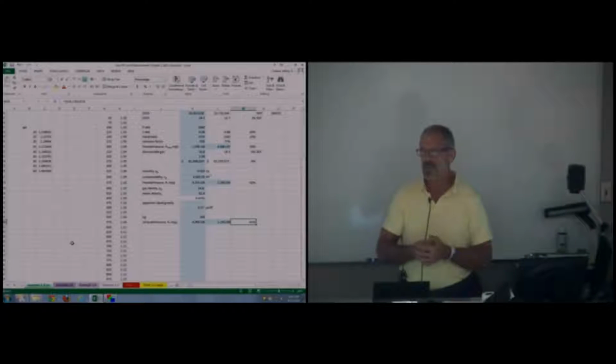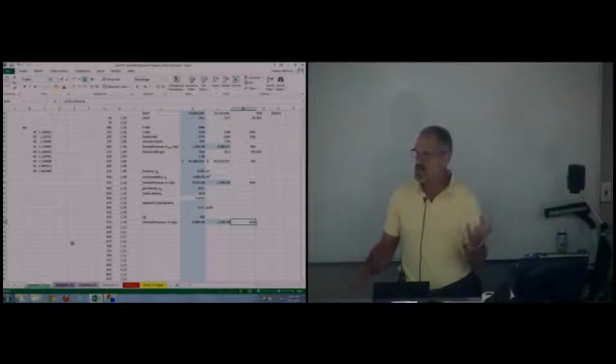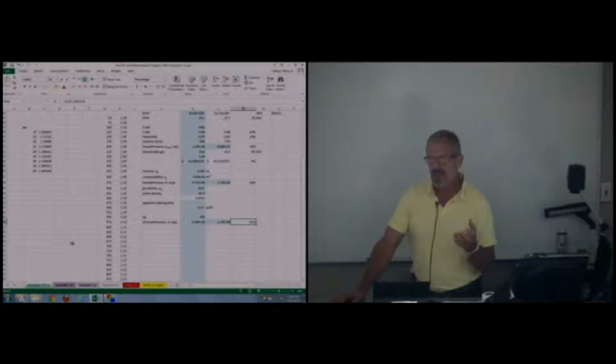Gradient and density are related by the units conversion factor 12 inches per foot squared. And that can change you from pounds per cubic feet to PSI per linear foot. So if you have a density and you want to know what that gradient is, and basically we're talking about, I'll use the term fluid density, because it doesn't matter if it's a solid density, but if you have a fluid density, and so let's say you have fluid in the wellbore,